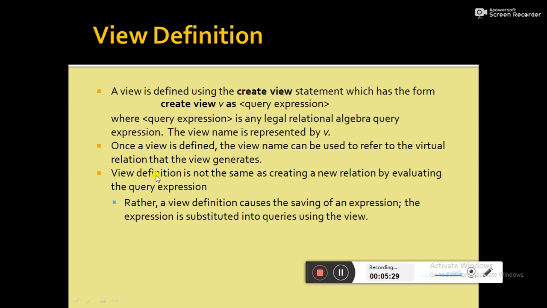Another important thing is that view definition is not the same as creating a new relation by evaluating the query expression. That means the view definition and the temporary relation have a significant difference, but I will discuss it later in this lecture.